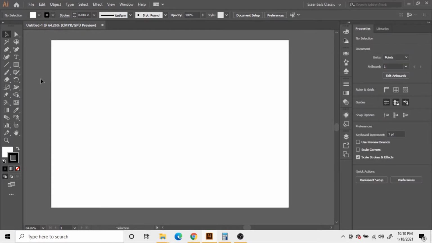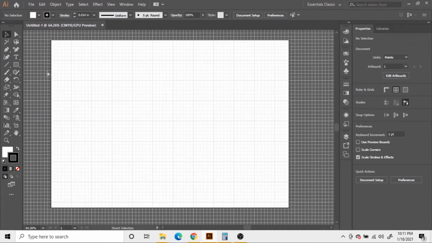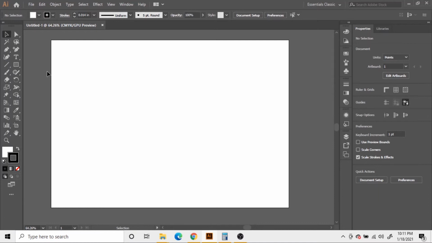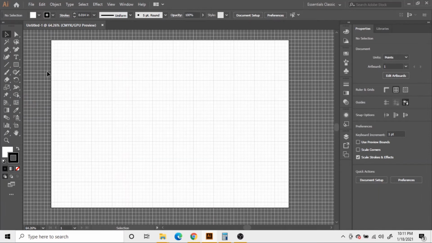Now the reason why we did those settings in our preferences section in Adobe Illustrator is that we wanted to have this grid. The way you toggle this grid on and off is by pressing and holding Control and then clicking your double quotes, which is next to your Enter key on your keyboard.